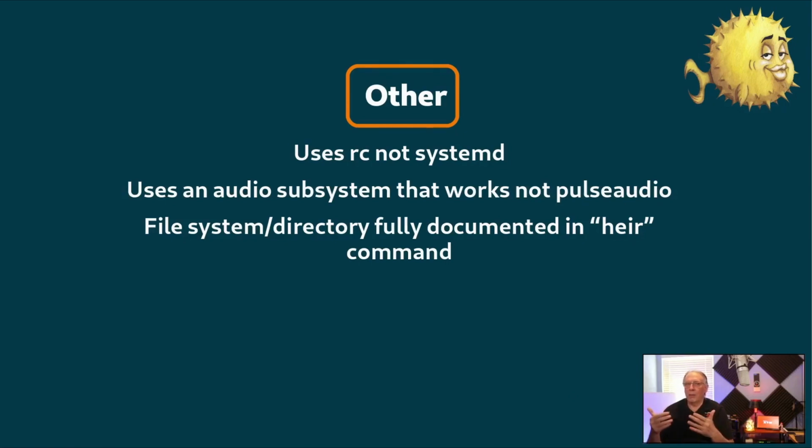Also, they offer hier, which allows you to look at the file system directory structure of OpenBSD, and there are definitions for what each of those are. I've talked about this before. /bin and /sbin today under Linux are linked to /usr/bin and /usr/sbin. However, that was never the original thought of Unix.